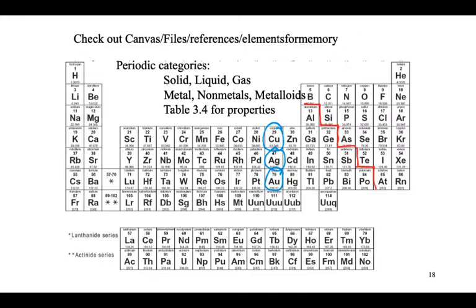Okay, let's try a different one. Sodium. 11, that's a good hint. Sodium is a metal. Why? Left-hand side. I picked sodium as kind of a weird one because I figured some people might actually know the symbol for that. It's a little of an odd one because sodium, spelled S-O-D-I-U-M, has the symbol Na.